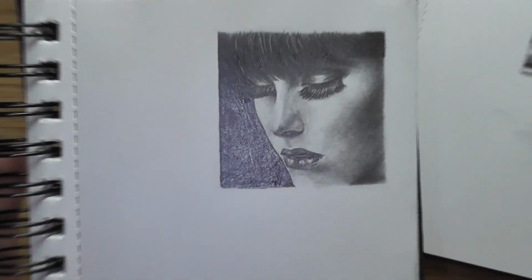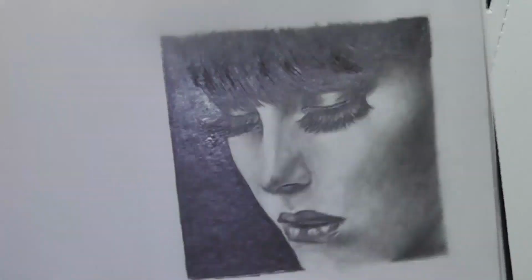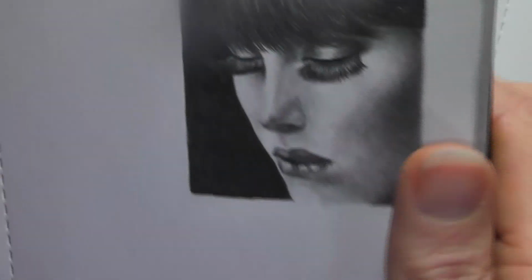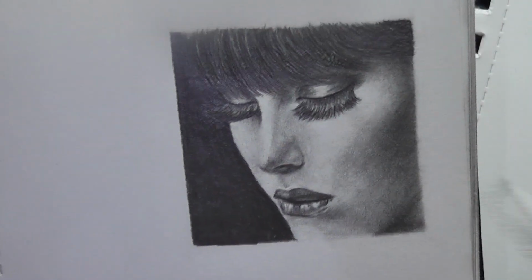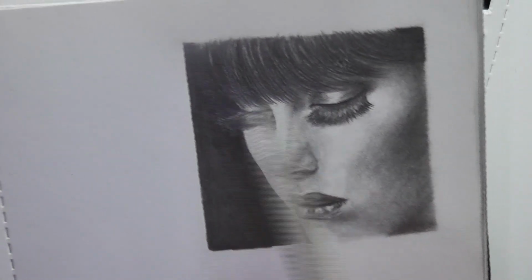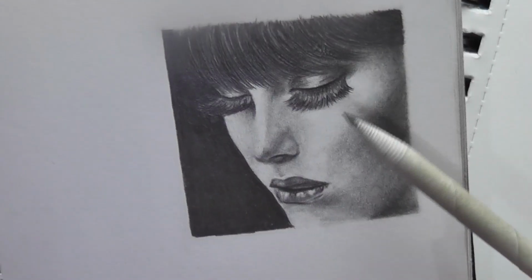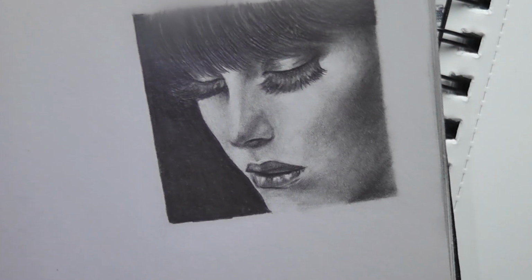I'm going to zoom in a little bit. I'm trying to play with the lighting as well, so it's a little bit weird. These are mostly faces, like female faces, and I really like drawing eyes, so these are mostly going to be eyes. But I started this one on the 15th of September